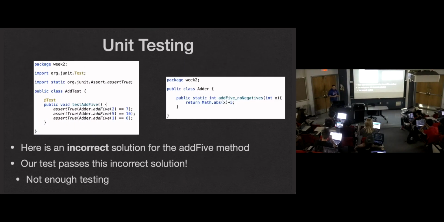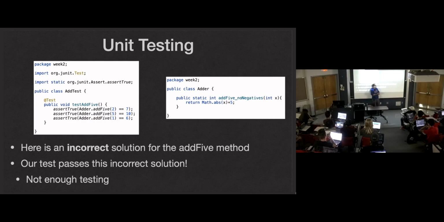So this isn't, we all have to answer the question for ourselves, but hopefully we can all agree that this is not enough testing. And even saying that, the method is so simple, you could even argue that this is more testing than we needed because we're just adding 5. But if you actually want to write a thorough test suite to make sure that this method is correct, this isn't enough testing. Here's an incorrect solution, which if this were in Autolab, I'll have this cute little hint text, the